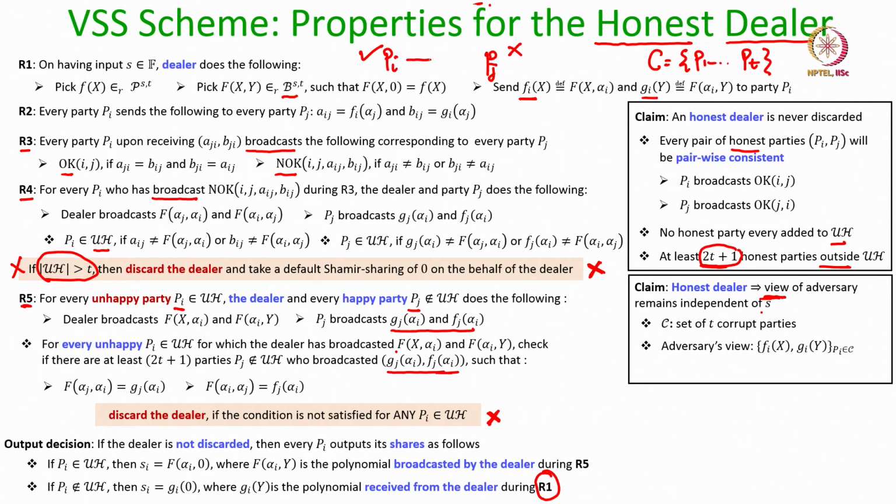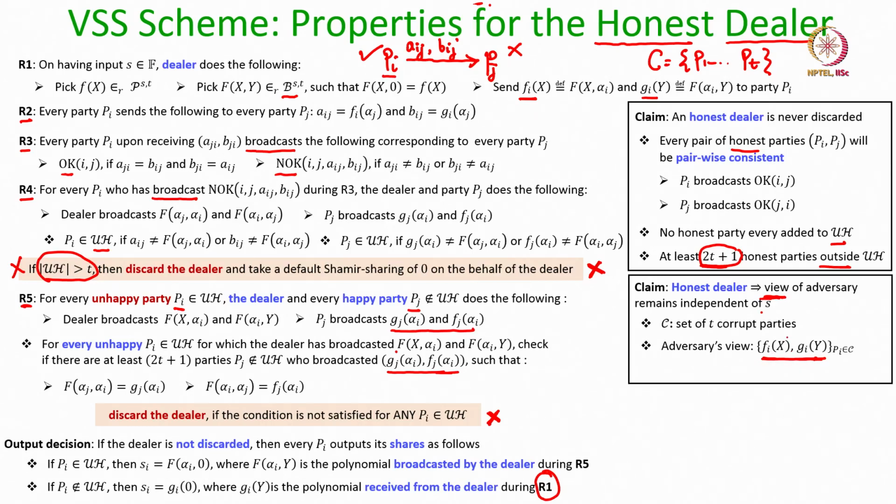Now, from Pi, Pj would be receiving 2 common points Aij, Bij, but these points are already included in the adversary's view, because these points also lie on Pj's row and column polynomials. So, whatever information Pj is receiving from every honest Pi as part of the pairwise consistency check during the second round is not new information. It can already be derived from the adversary's view. So, no new content can be added to the adversary's view during